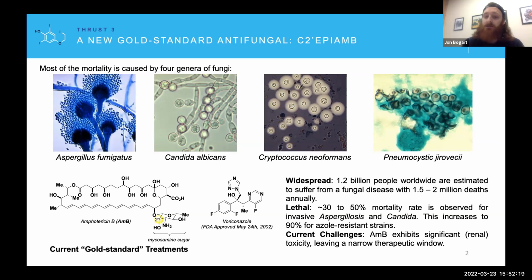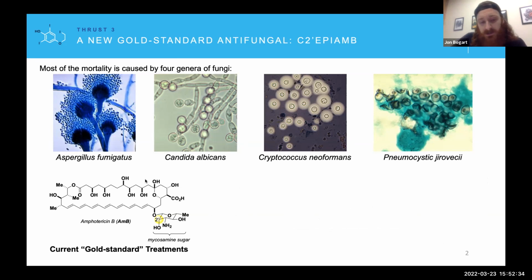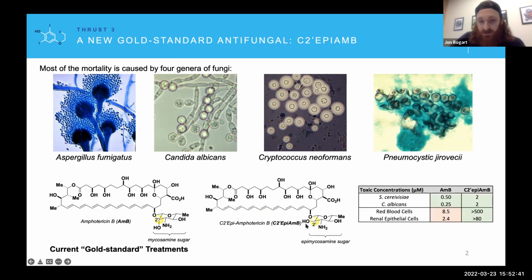developing less toxic but equally efficient amphotericin analogs could really transform how we treat fungal infections. And recently, Marty and his lab measured key structure-function relationships that revealed that amphotericin's toxicity can be attributed in large part to this unusual mycosamine sugar. And amazingly, by switching a single stereocenter in that sugar, you can actually produce an essentially non-toxic but equally potent